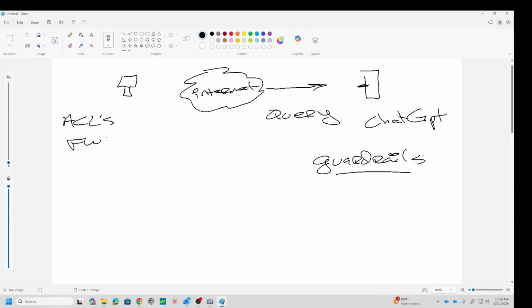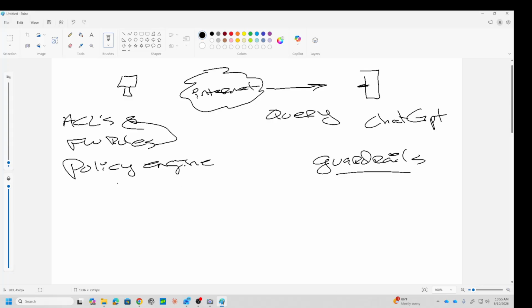Then we can have firewall rules. Well, firewall rules are really just ACLs. Again, it's the particular things or items we're looking at. And then we can have even a policy engine, okay?